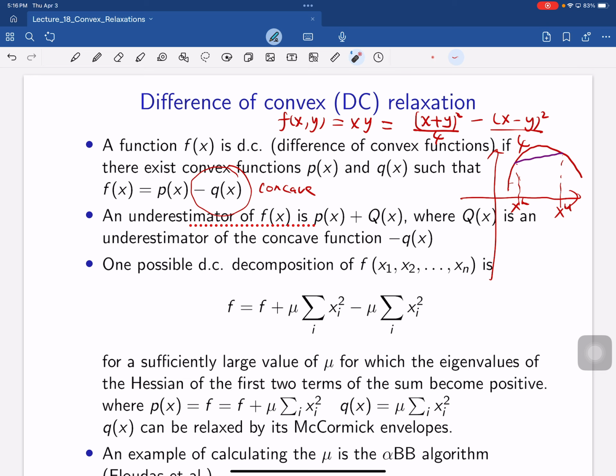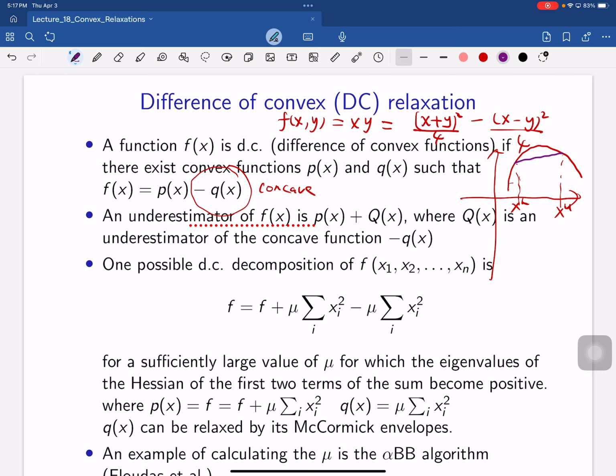One possible DC decomposition of any function f is you add some square term, so you add mu times summation over i of x_i squared, and then you subtract the same summation. So the argument here is for sufficiently large mu,